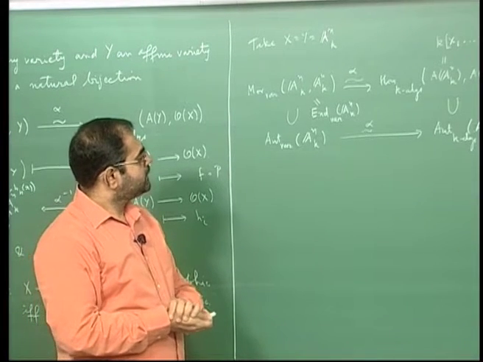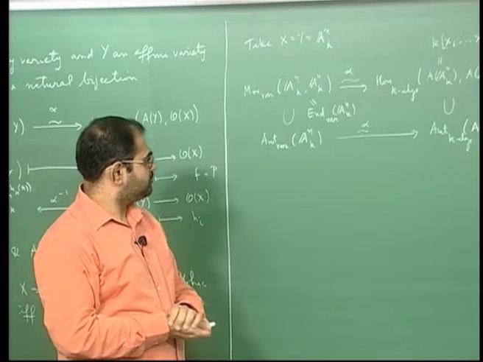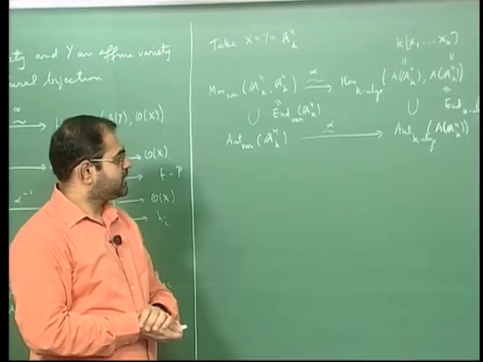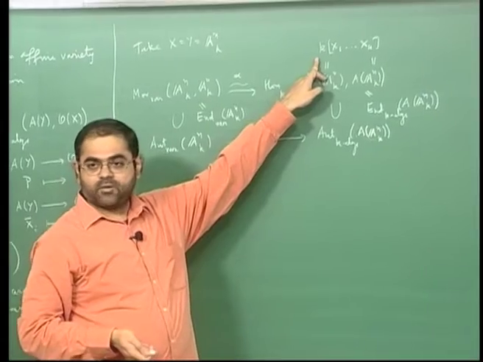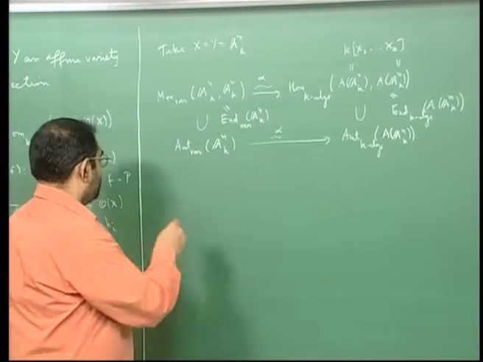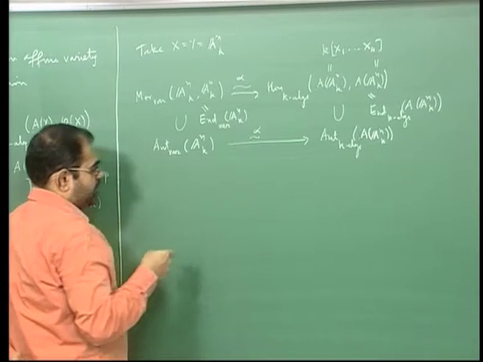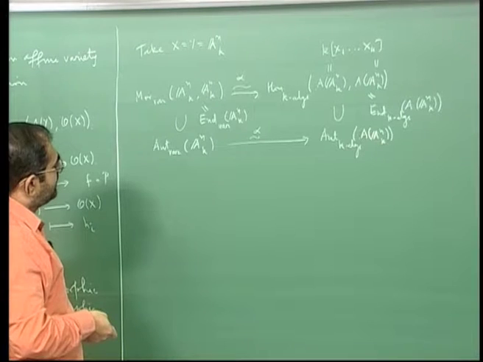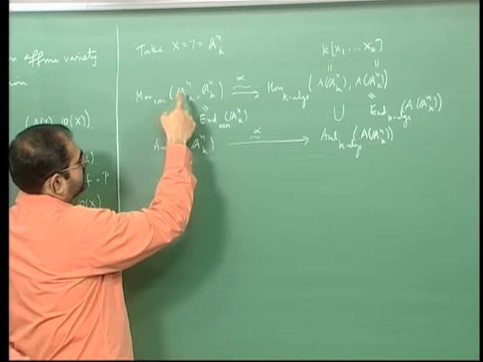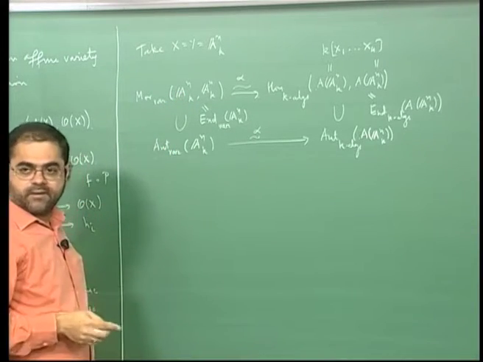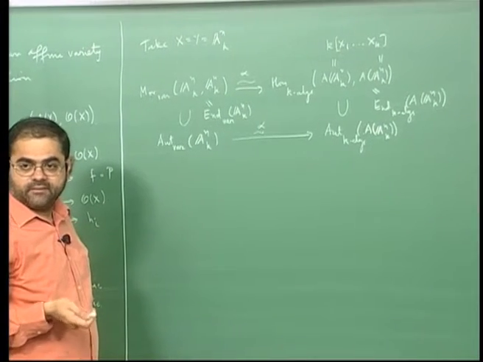Now you see the Jacobian conjecture is connected with automorphisms of the polynomial ring. Alright, so let me make a statement. What I want to look at is, let's take any morphism from an to an. How is it going to be given? It's going to be given by n polynomials in the n variables.